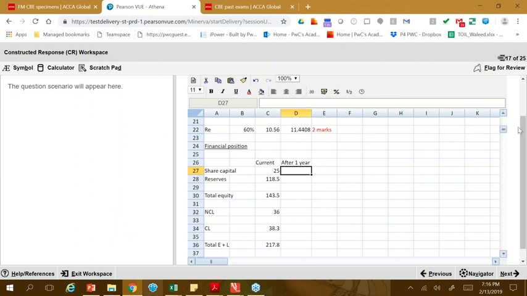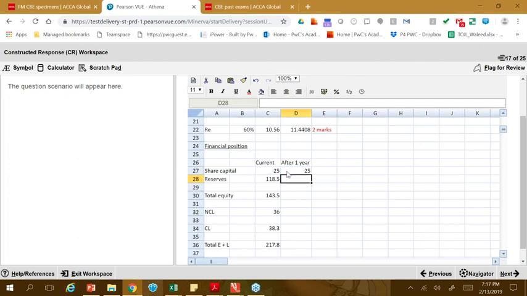Now I have some questions. The question is, will the share capital change here? Would the share capital change here when we are looking to raise financing of 20 million? No, yes, well done, agreed. The share capital will not change here. So this will remain as it is, 25.